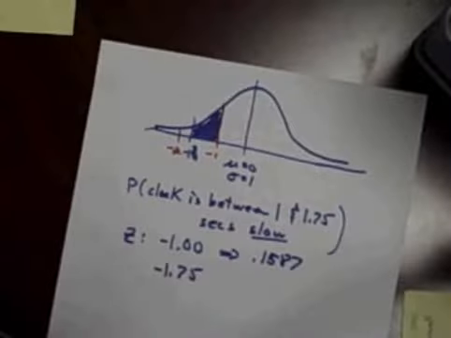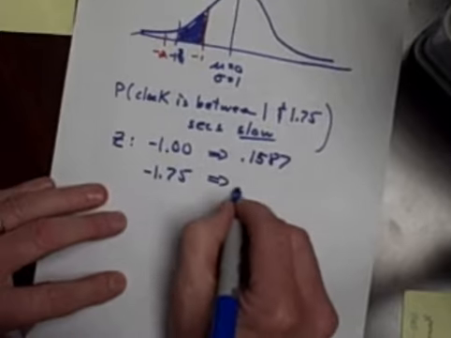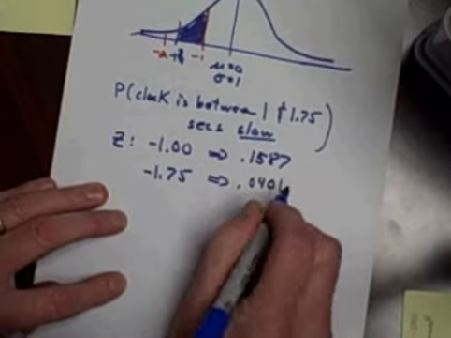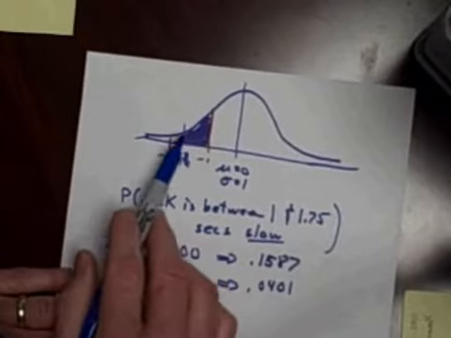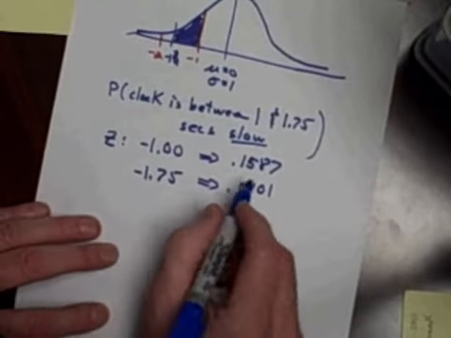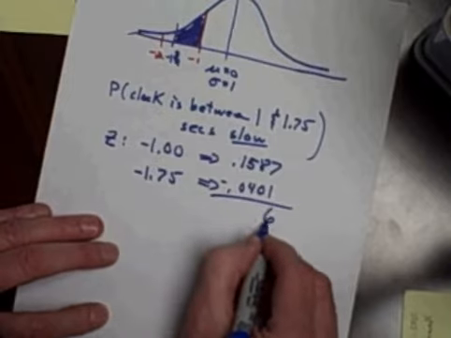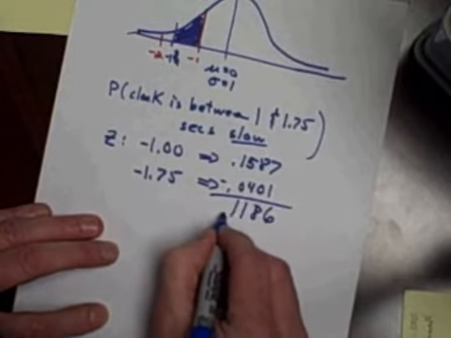And let's find -1.75. All right, -1.7 is here, and taking it over, there's 0, 1, 2, 3, 4, 5, there it is. If you can read that, that is 0.0401, all right? And we said to find the area between the two boundary lines, I need to subtract these two areas. So if I subtract, I get